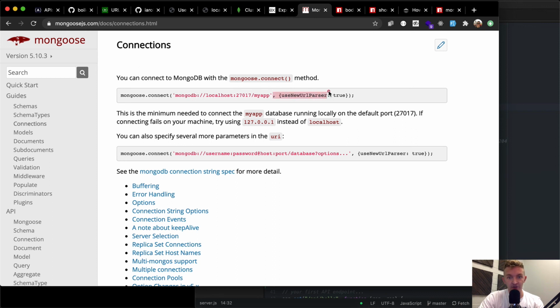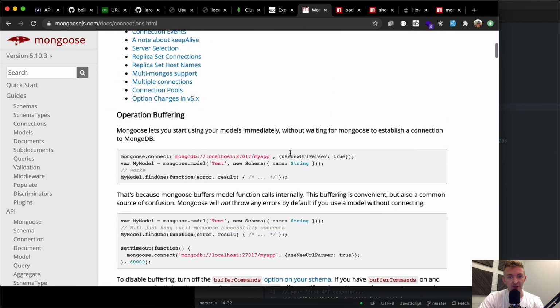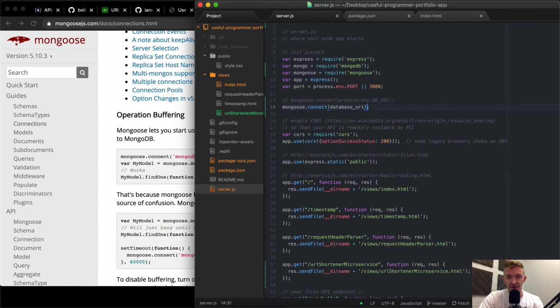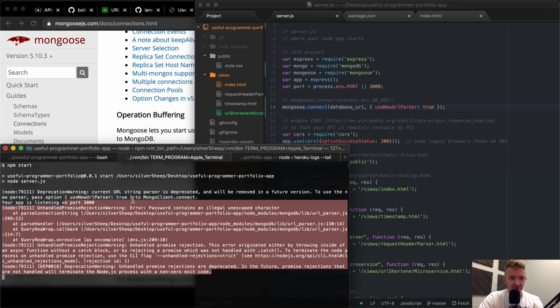And look, they've got this new URL parser true. They're passing that in as well. New URL parser true. Okay, so that's what we want to do. We want to pass in right after our database URI. We're going to say new URL parser is equal to true. So now if I save that and come back over here, again, this is just a deprecation warning. It doesn't necessarily mean it's destroying or closing our application,